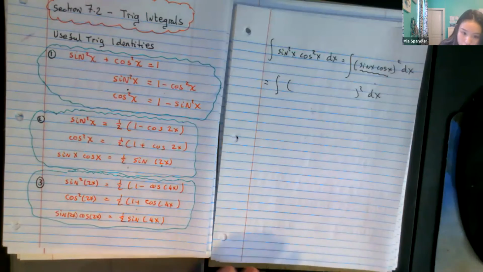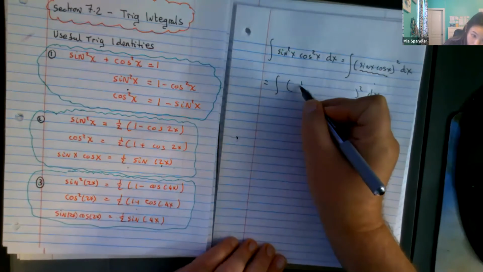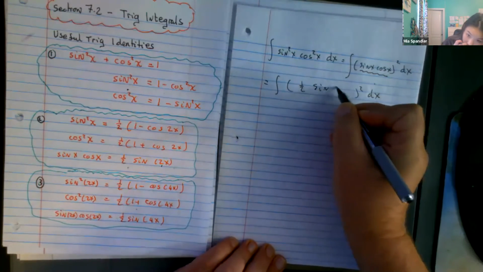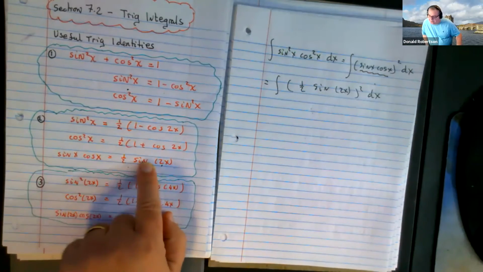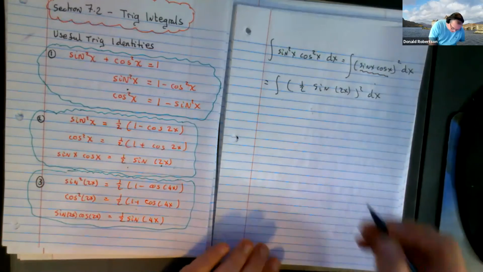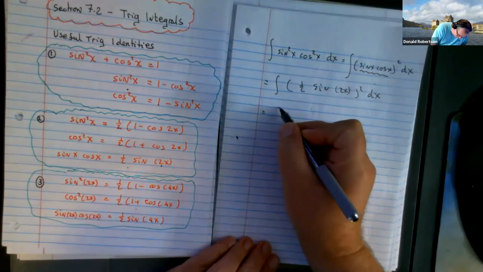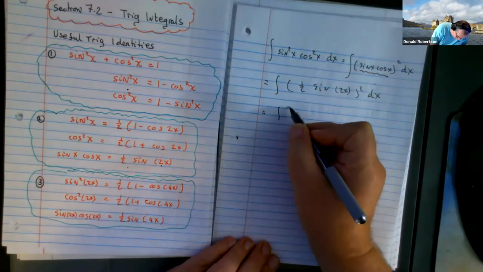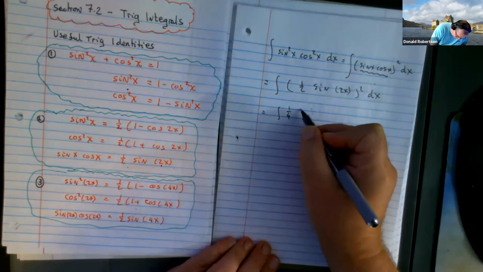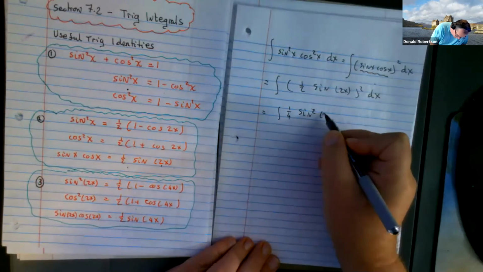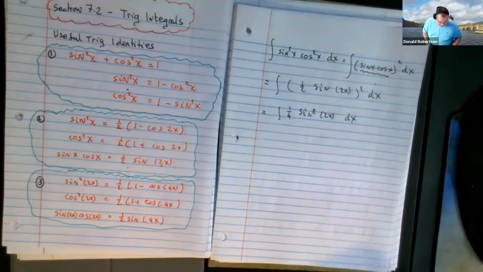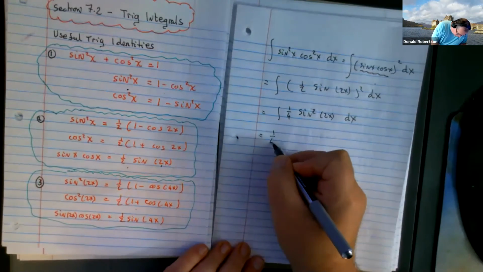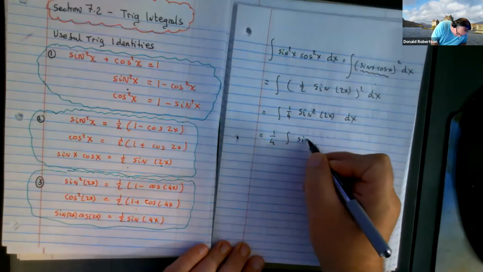Half sine of 2x. Are we comfortable with that guy? Now, if you square this, you get 1/4 sine squared 2x dx. And I don't like quarters, so I'm just bringing them out